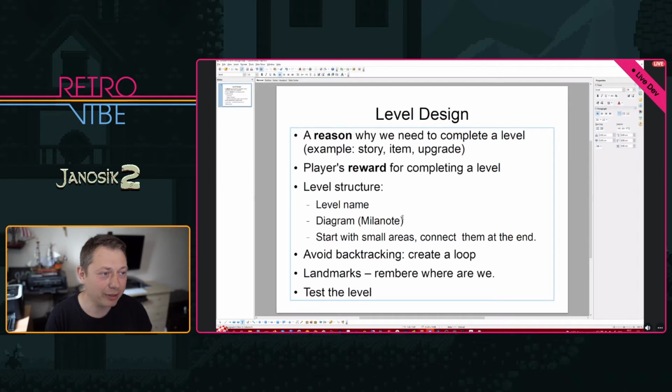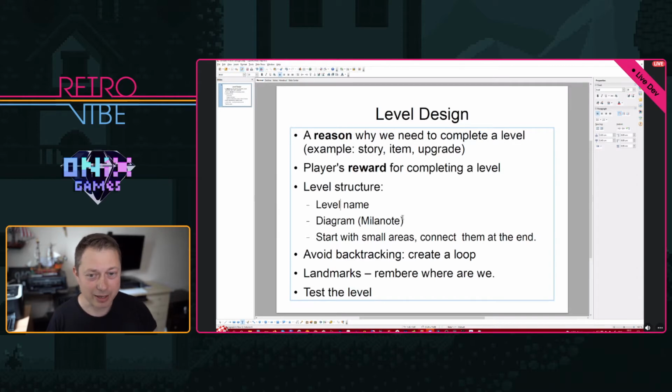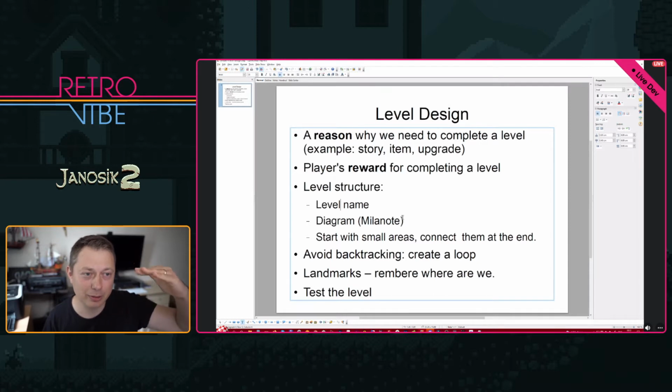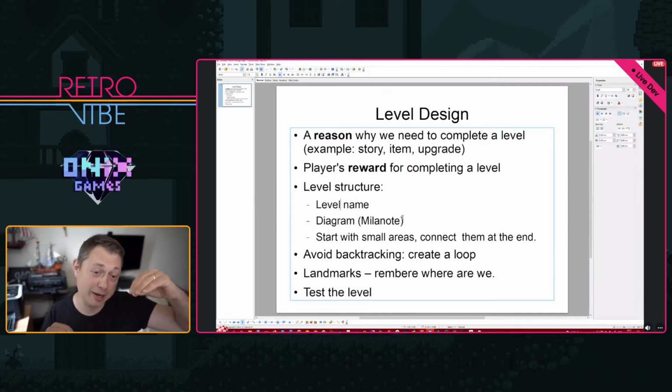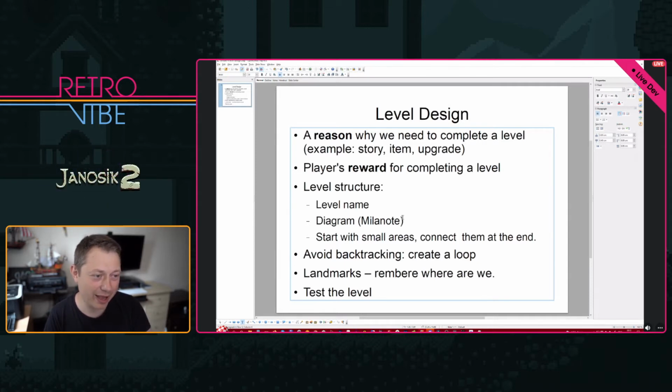And after I design all the level, of course I test the level. I check how it works, and I do that even when I'm still working. So I just test small things. If I put a platform, I test if I can jump on it, and I do that all the time, frequently. And even after the level is finished, I do one more test to make sure everything is in its place. So I went through those bullet points quite briefly, but let's go to that program Milanote,